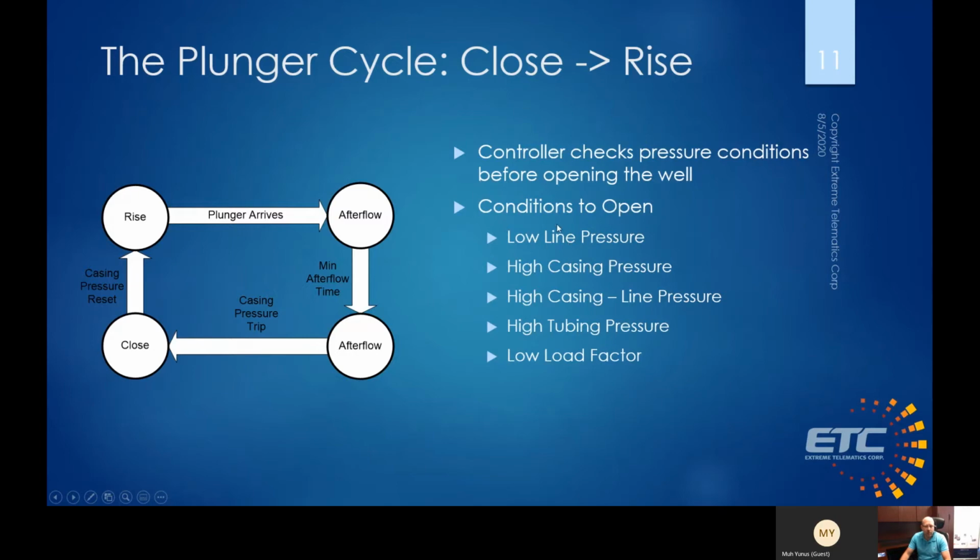So we're looking for the line pressure to be low enough. We're also looking for a high casing pressure, or a high casing minus line pressure, to say that it's good enough pressure to flow the well. We've also incorporated high tubing pressure, so you can open on high tubing, and you can also open on low